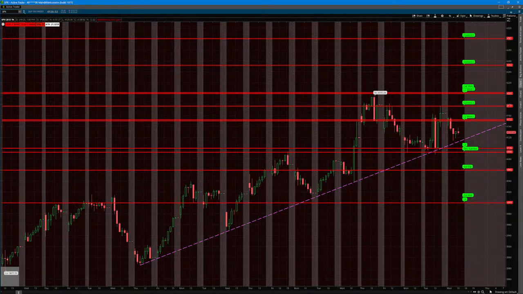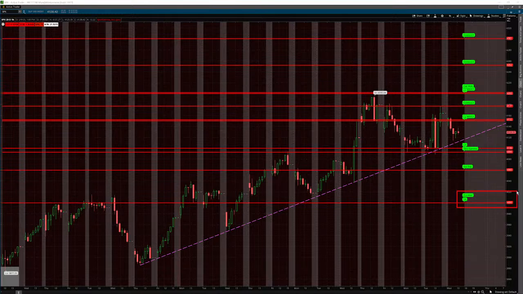So this is showing the latest levels for SPX, and here's the put wall at 4,000, and that actually moved up from yesterday, 3,900 yesterday, and the call wall remains at 4,200, and then 4,000 is also the key gamma strike. And we'll look at the gamma charts in just a few minutes to confirm that. So these are the levels that are in play for today.